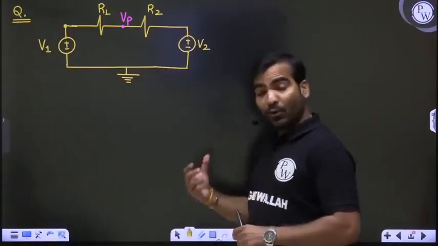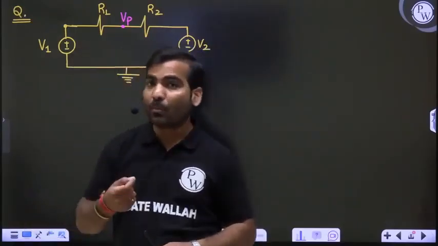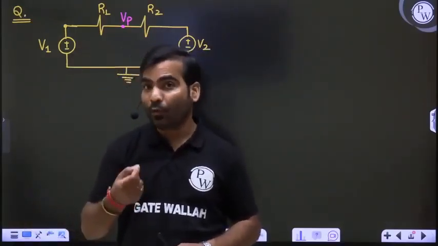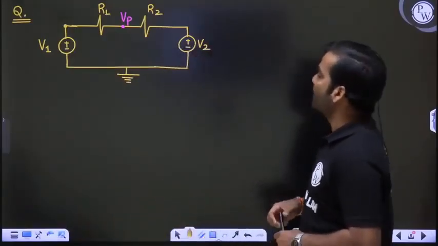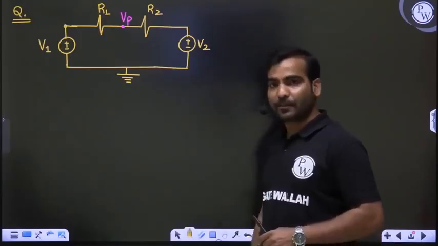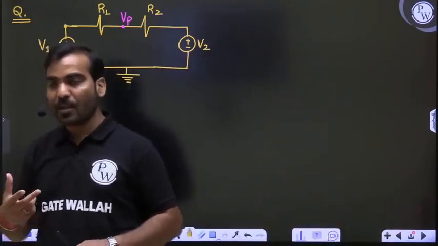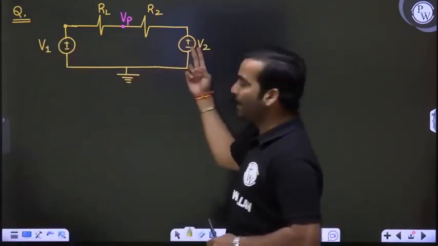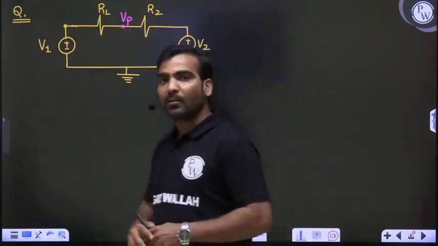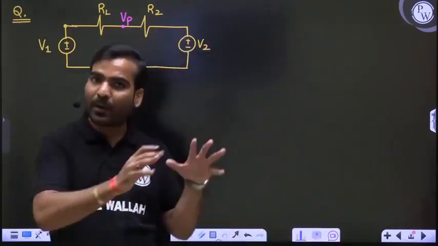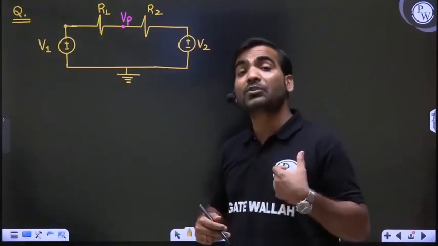First of all, what is the meaning of node voltage? Voltage at that node with respect to ground, that we have to calculate. Now what is the answer for this? We can use the superposition theorem. We are having two voltage sources V1 and V2, because of that we want to calculate Vp. Those who are familiar with network analysis can do it by their own method, doesn't matter. I am telling the shortcut directly.